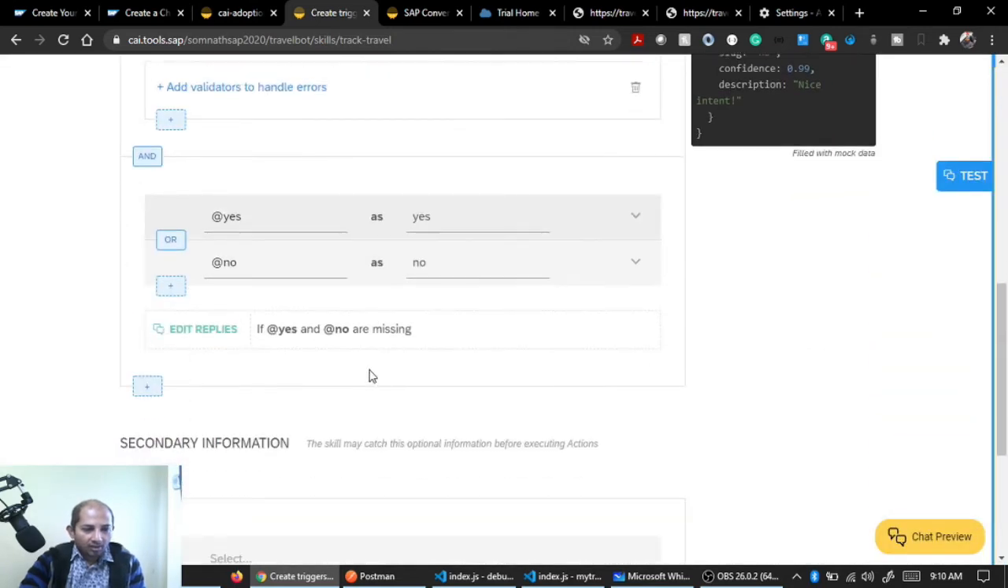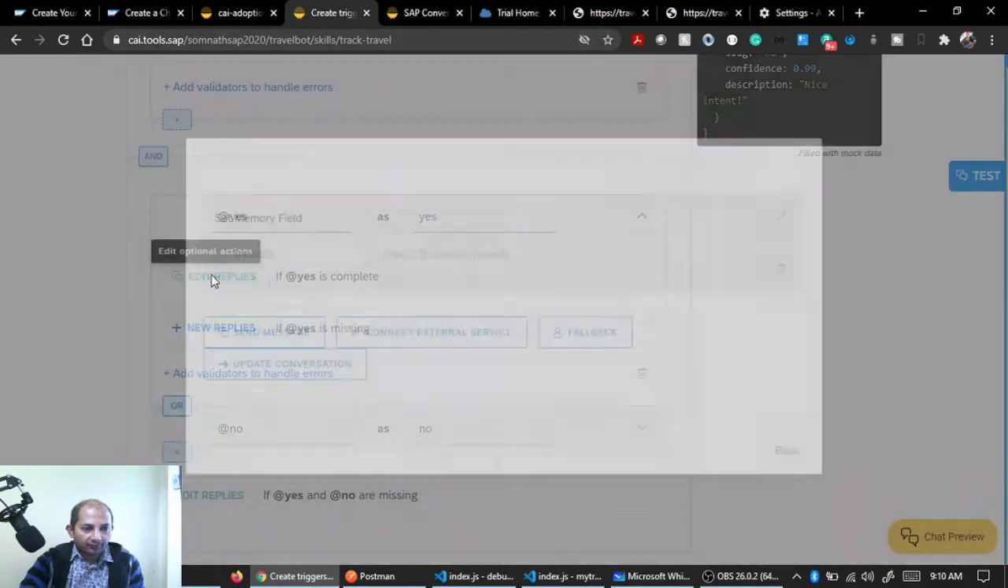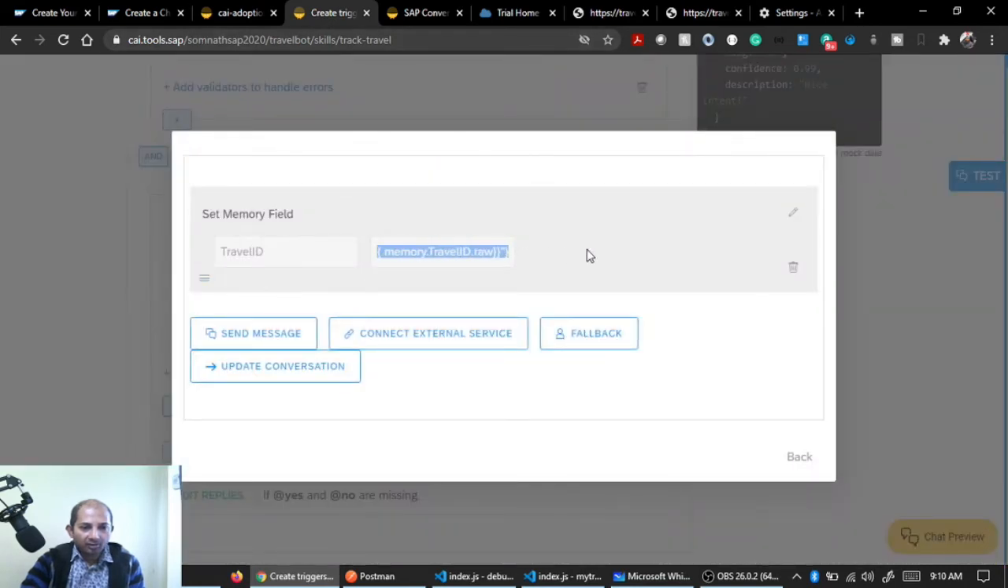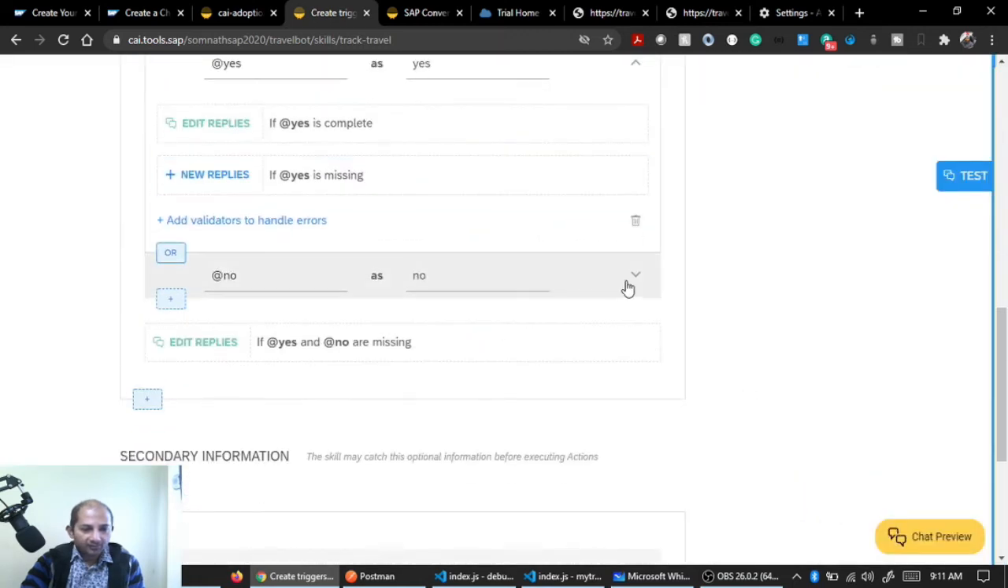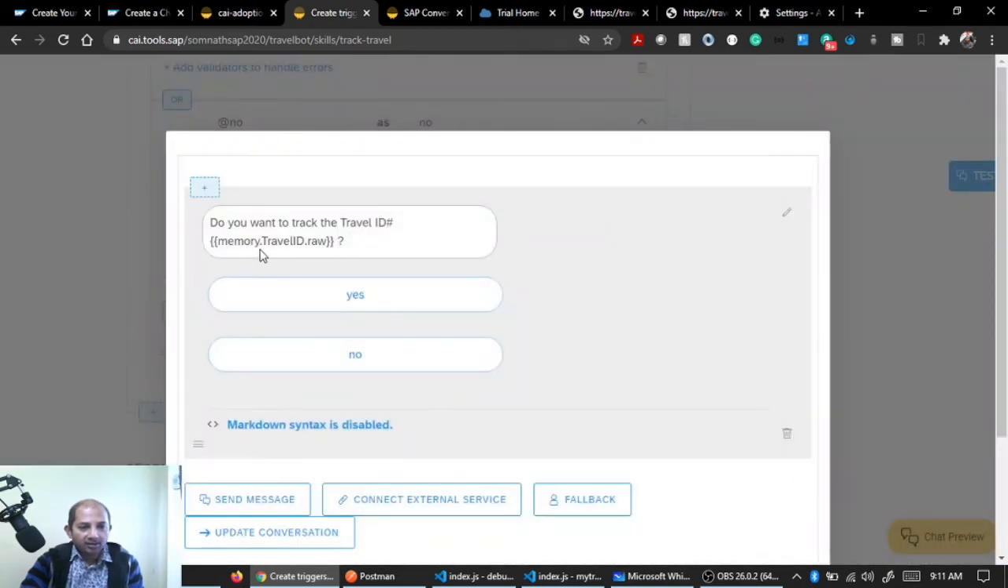Pretty cool. Similar way, for yes/no operations, I'm checking if the yes/no is complete. We have seen somewhere, right? Do you want to track the travel ID 100? There is a yes and no kind of buttons. So if yes/no is complete, then I also need to store my entered travel ID entity in my memory field. That's what I'm doing. If it is no, probably nothing is required as per this reference. But if yes and no are missing, nothing is given,